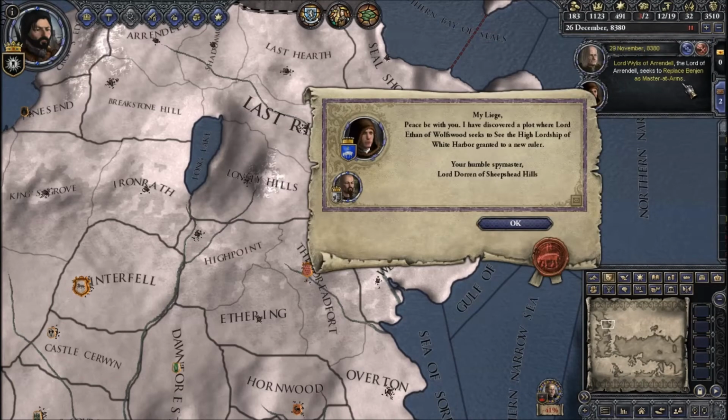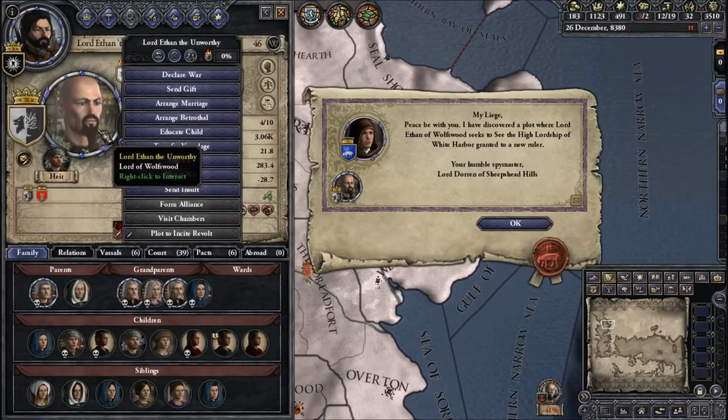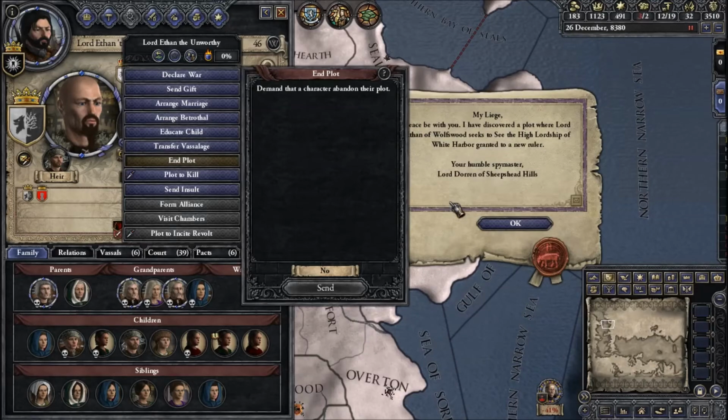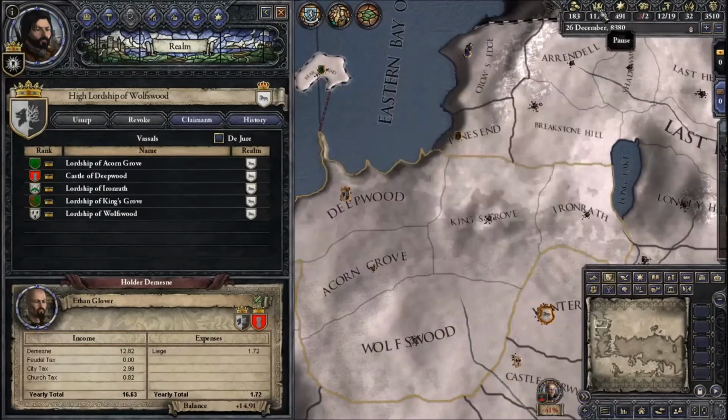Lord Wylus, sorry, you're not up to snuff. Granted to a new ruler. That's not something I can abide by. So I'm going to end your plot. Interesting. Well, who are you? Okay, well...